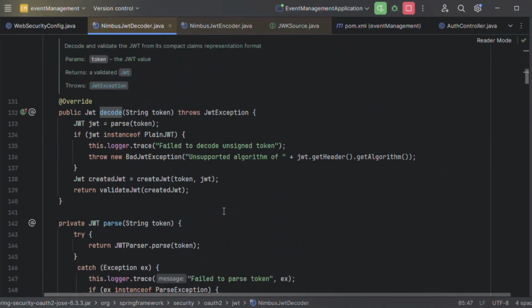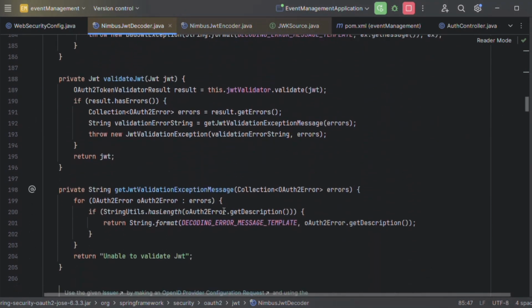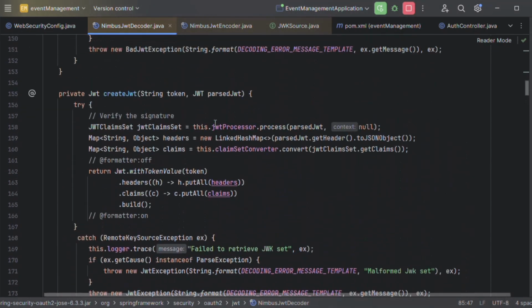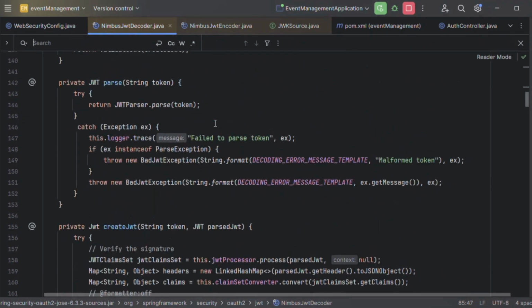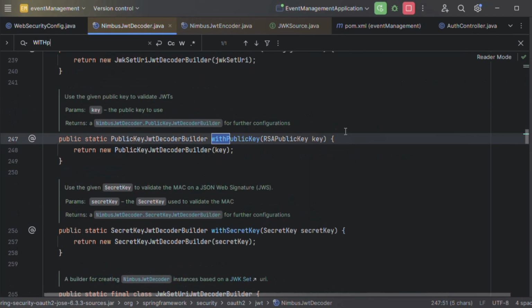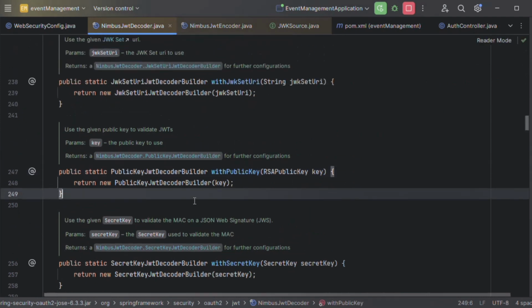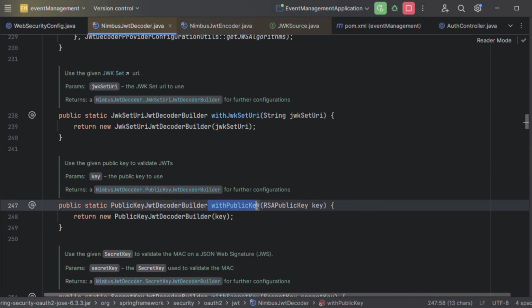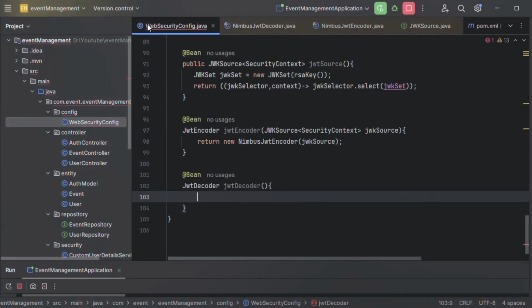Let's search for the method with public key. That method we are going to use. Method name is withPublicKey. Yeah, this is the method withPublicKey. This method we are going to use, which takes the RSA public key as a parameter. Here you can see this method we are going to use for the decoding.